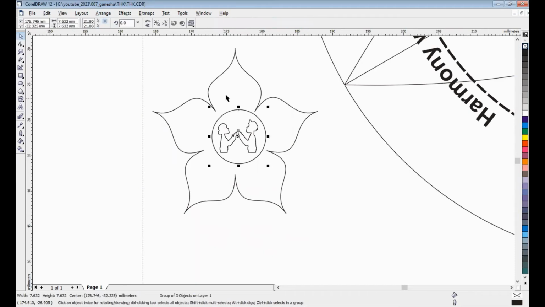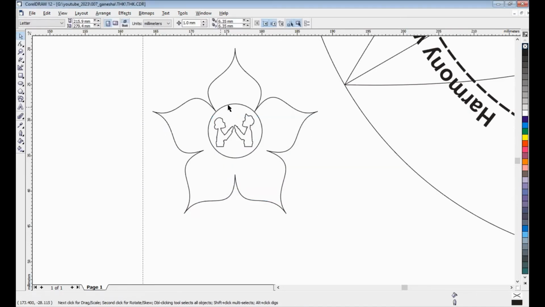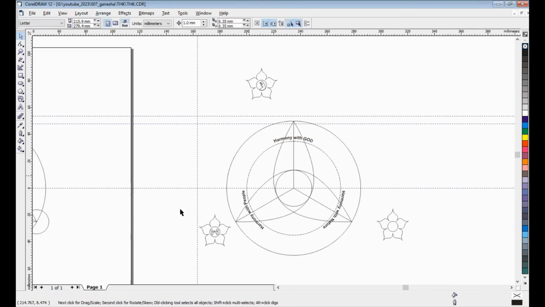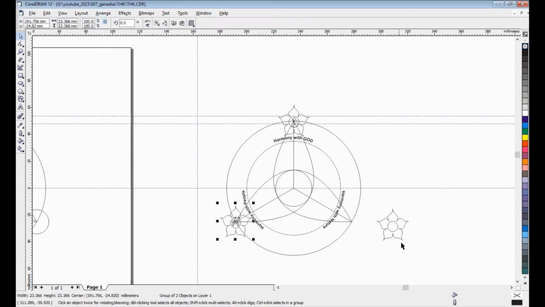Just line object. Okay. Oh, sorry. Tick 1. Okay, that's it. We can make a group. Then place here. I think that's it.